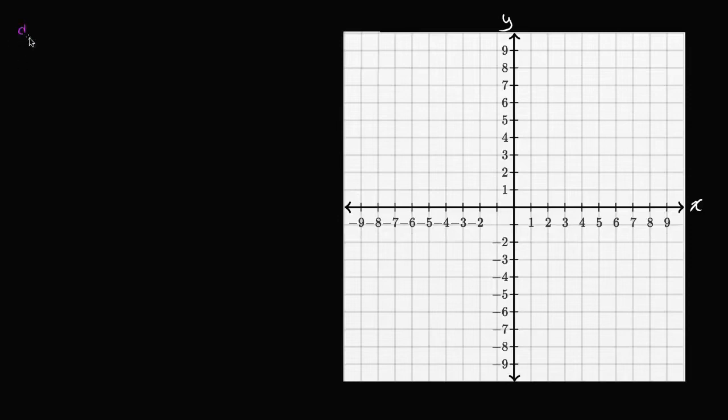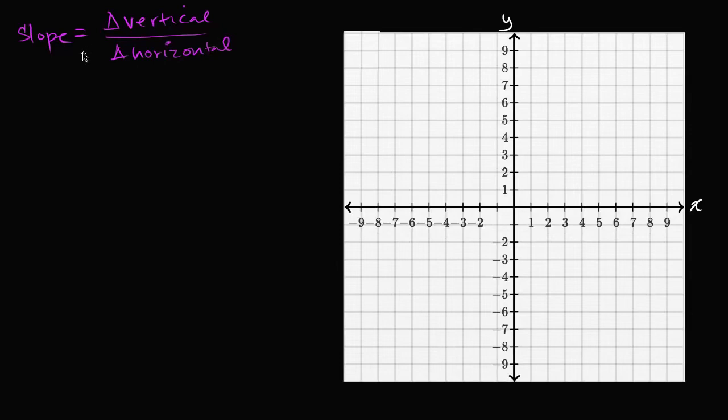Slope is defined as your change in the vertical direction, and I could use the Greek letter delta. This little triangle here is the Greek letter delta. It means change in the vertical direction divided by change in the horizontal direction. That is the definition of slope, or the standard definition for slope, and it's a reasonable way for measuring how